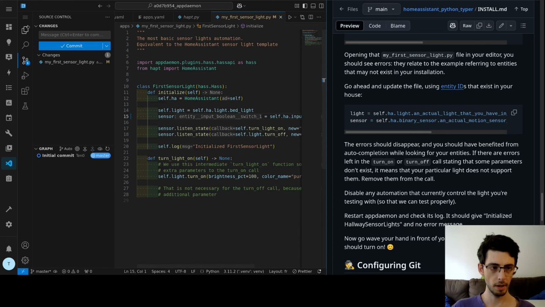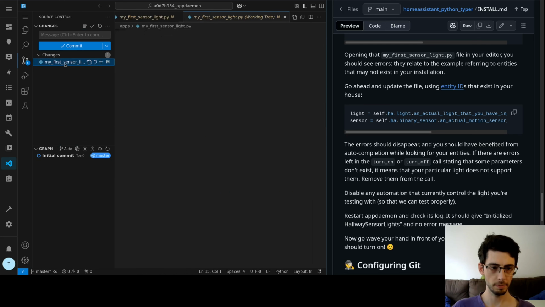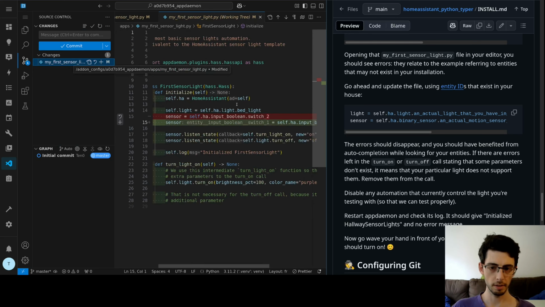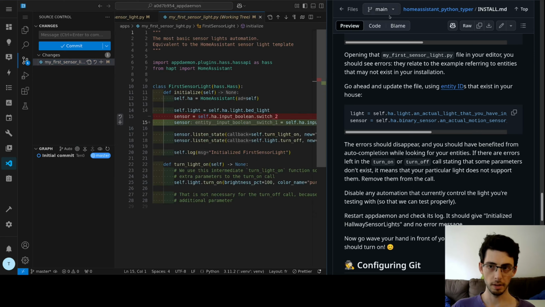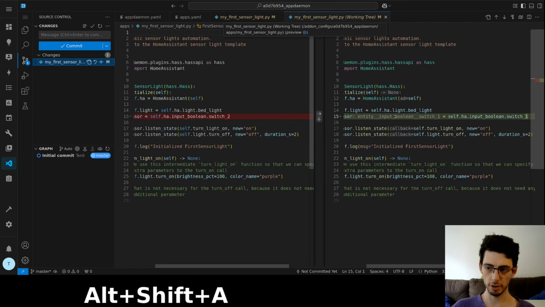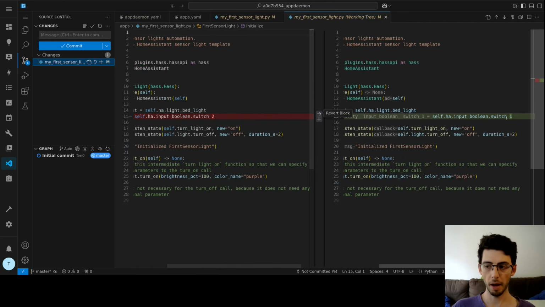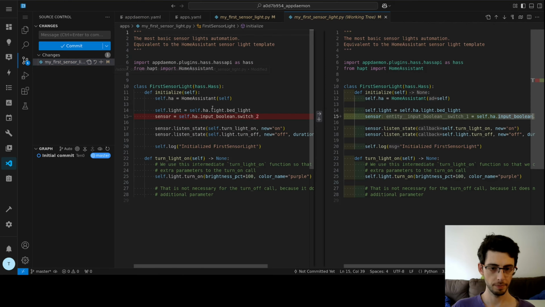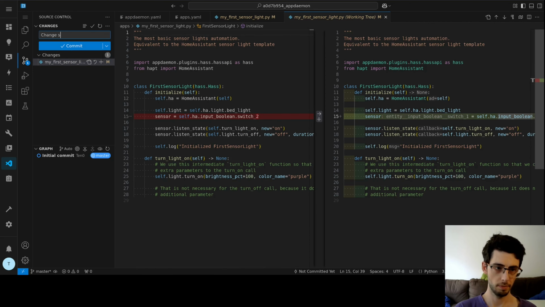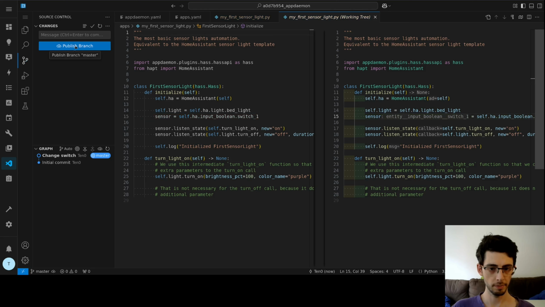In addition, I can review my changes and see that this file has changed. Let's say I'm happy with this change. I'm going to save it by writing a commit message and pressing commit. In the graph view, I can see all the changes that have been made since the beginning of time.